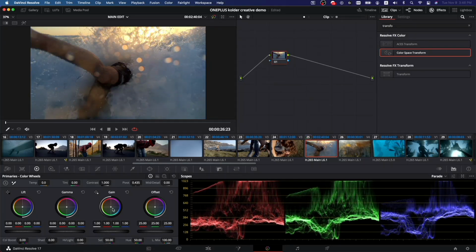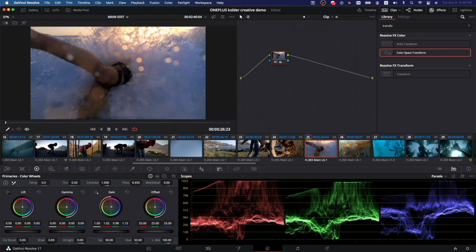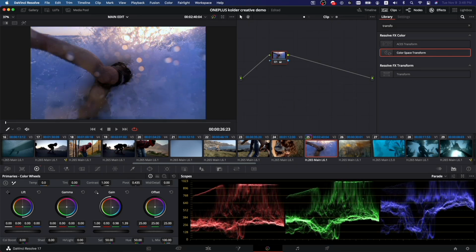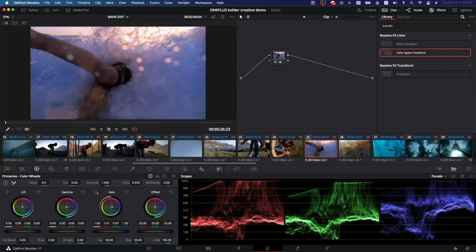Let's play around with the gain. So this is gonna be the brightest parts of our image. So if we move this over to the blue, we can see that the brighter parts of the image now are clearly just being selected, and we're leaving the midtones and the dark parts alone. So if we crank this up a lot, we can see that we're primarily affecting the highlights of our image. We can also see that there's some clipping going on in this clip. Obviously, there's some brighter parts up here, and we can see that we're almost losing information over there. So with this clip, we're gonna wanna be careful to make sure that our waveform is not surpassing that 1023